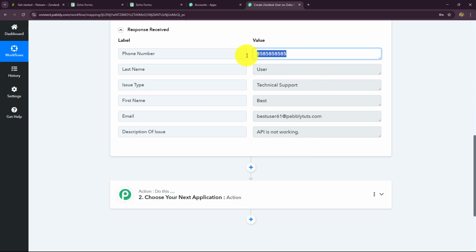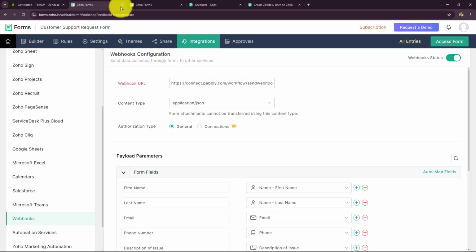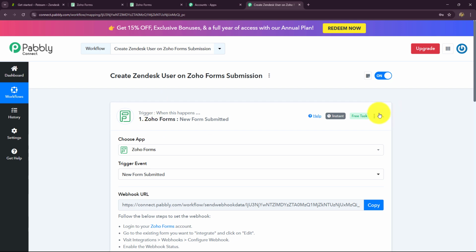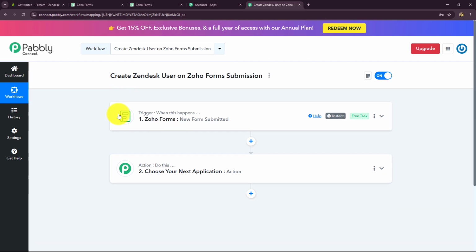You can see we have the phone number of the customer, their last name, their first name, the type of issue which they face, their email address, and the description of the issue as well. And these details are exactly the same which I have submitted in the form. This means our connection between Zoho Forms and Pabbly Connect is absolutely successful. And now every time a new form is going to be submitted in Zoho Forms, the response is automatically going to capture over here. As the response is captured, our objective is to create this person as a user in